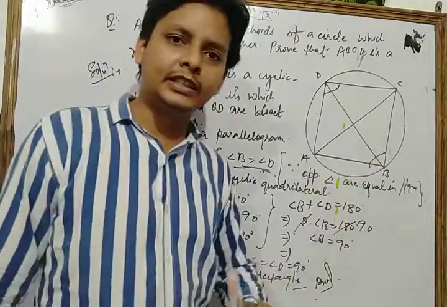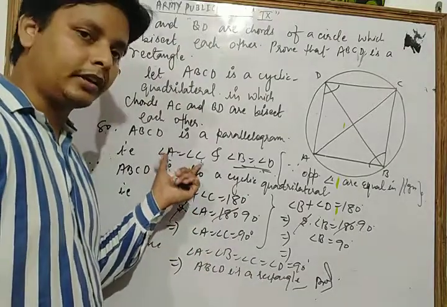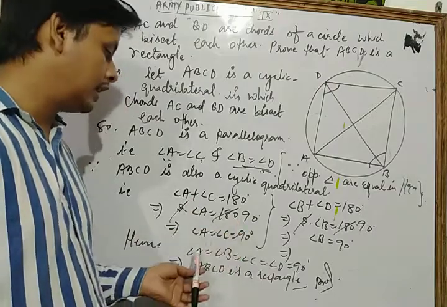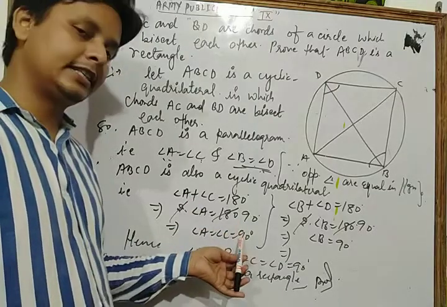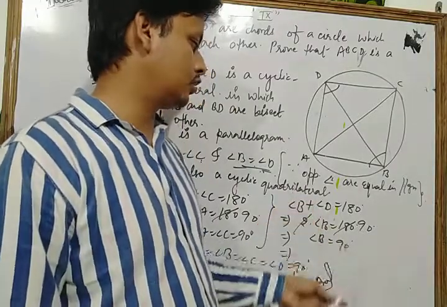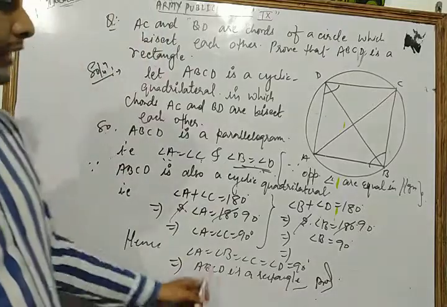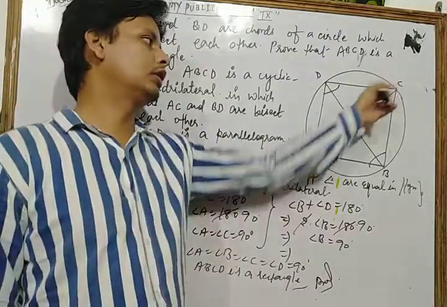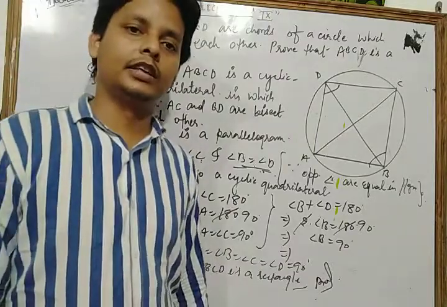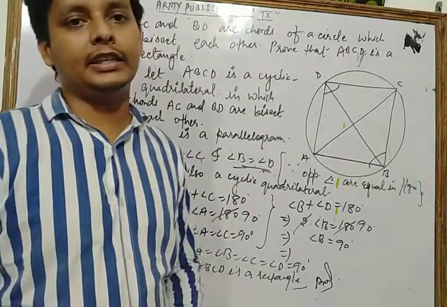And angle B plus angle D is equal to 180 degrees. Okay. Now using that property, we have 2 times angle A is equal to 90. So we have angle A is equal to angle C is equal to 90 degrees. Same as here, angle B is equal to 90. So angle B is equal to angle D is equal to 90 degrees also. So in this way, dear students, each angle of that quadrilateral is 90. So ABCD is a rectangle. In this way, dear students, we can prove all the questions of your NCERT exercise.